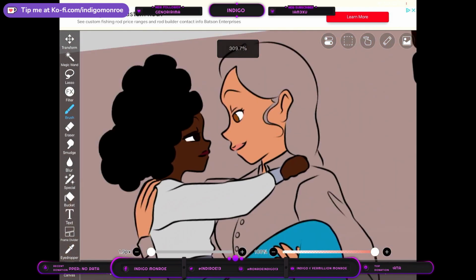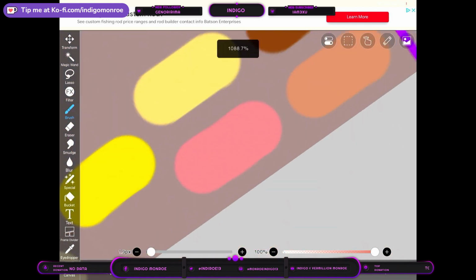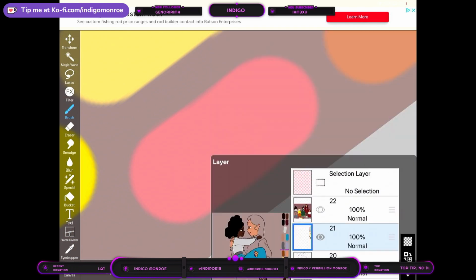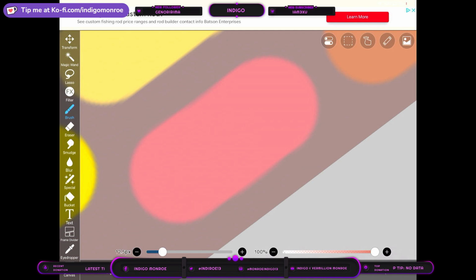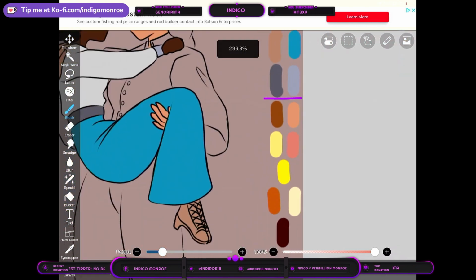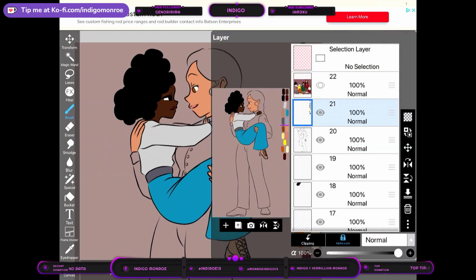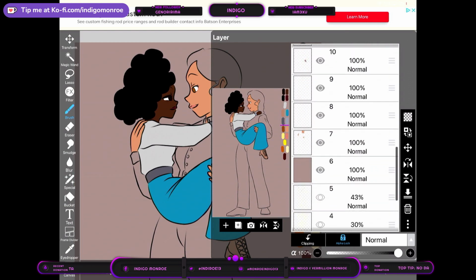Yeah, that fits better. That's more of a peach color, which actually I need to update this pink down here. I think that's why I did the slightly lighter tan skin, because I like that shade of pink. Well, there you go. Now it's more of a peachish. Huh, speaking of peach. Anyway,